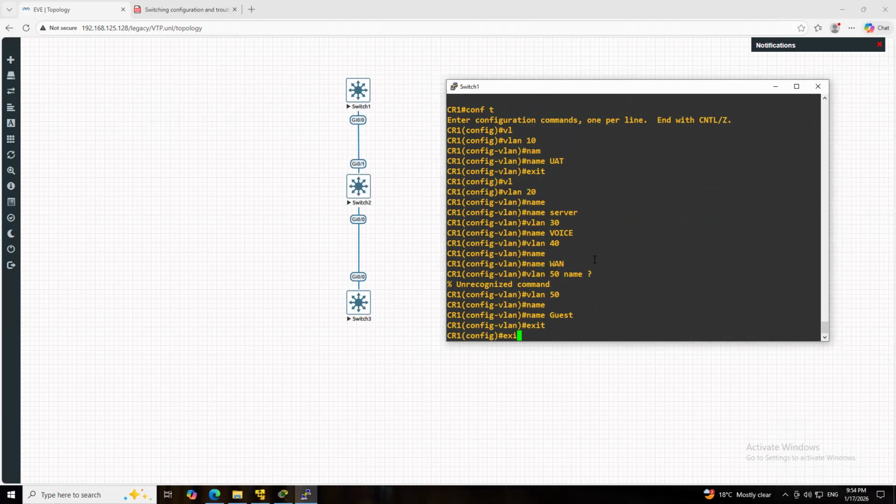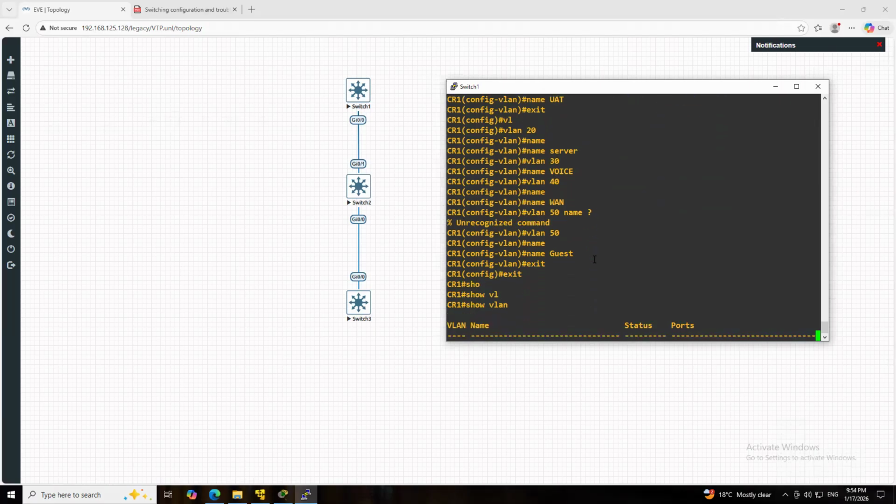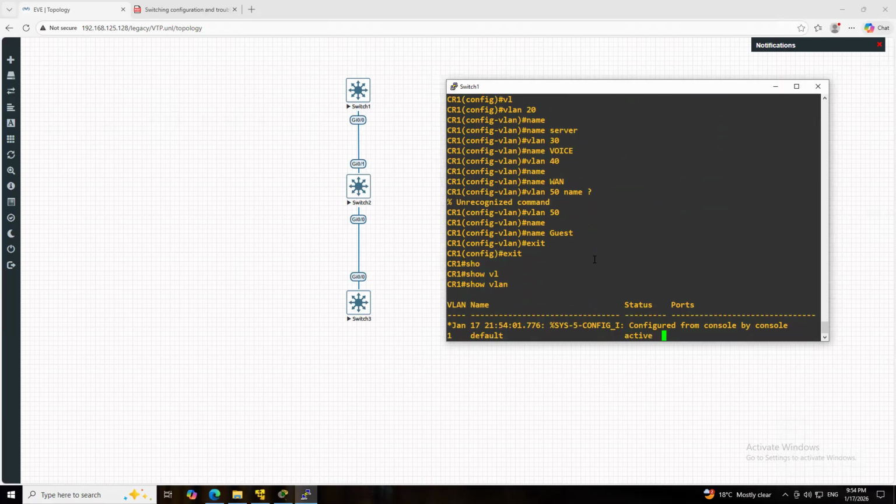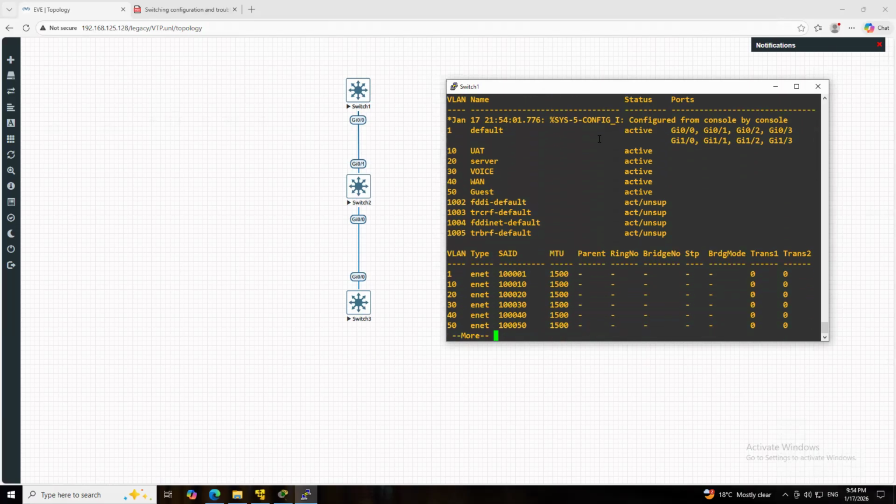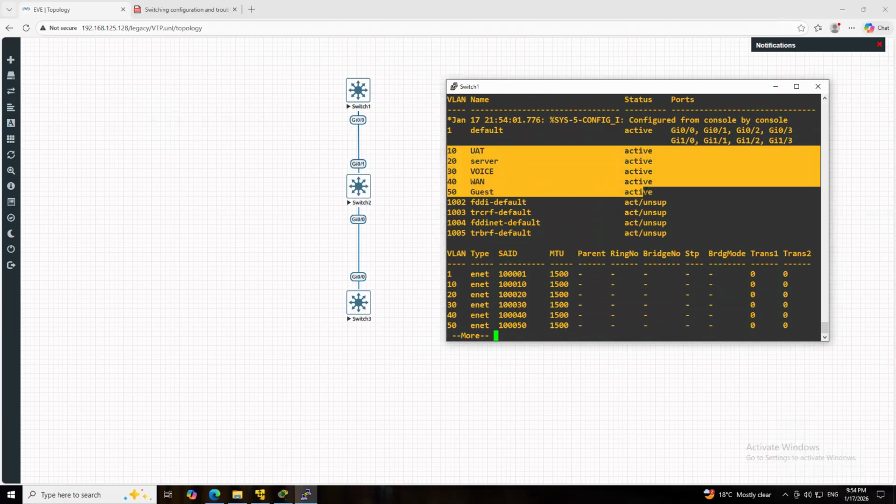Okay, now let's run show VLAN. I can see a lot of VLANs created here.